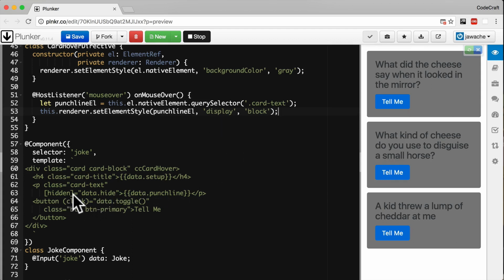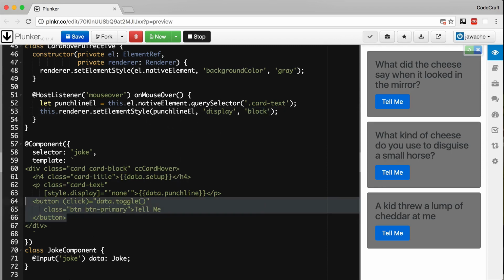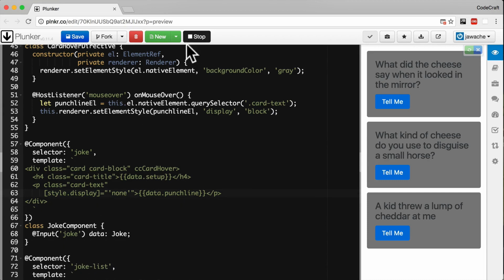Instead of binding to the hidden property here, we now want to set it to none. So now we're using the shortcut style syntax to set the style of our p tag. The display style we're going to set to none. And then when we hover over the element, because it has a CC_card_hover directive attached to it, it's then going to set the display to block, which is going to show the punchline. Now let's also remove the button because we don't need it anymore. So now if I run the application,